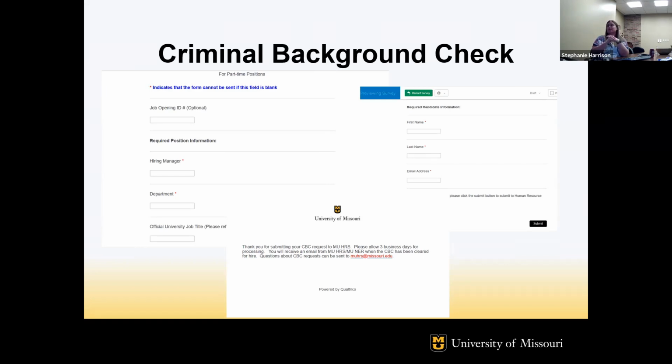If you're hiring somebody into a temp technical title or something along those lines, then we're not going to request education verification, because more than likely they don't have any education to be verified. So the university title is very helpful. Then it will ask for the person's first name, last name, and their email address, and we will send that out once we've received it.